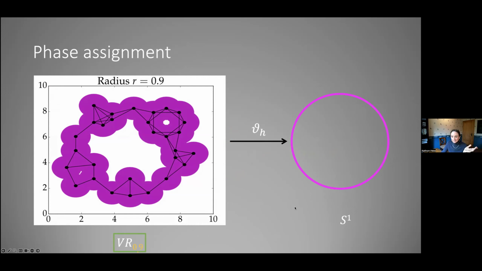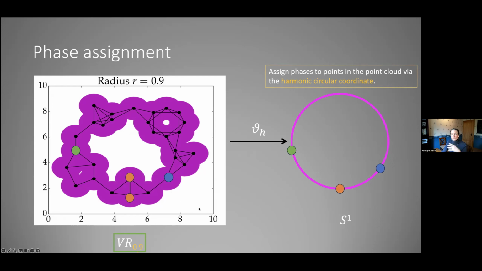How does this give us phases? Well, we can think of the different points on the circle as giving us different angles or different phases, and we can ask what is the pre-image of those points. If we start with this blue point on the circle, that corresponds to a point here, and it gives me the phase of that particular node. If I look at the green, it gives me the phase of this node here. And if I look there, there are actually two nodes in the same phase. You can do that all along and associate a phase to each of the points in your point cloud in this way.